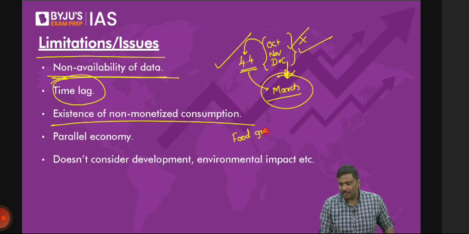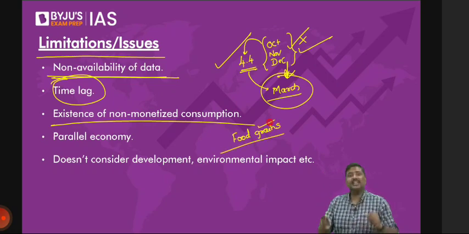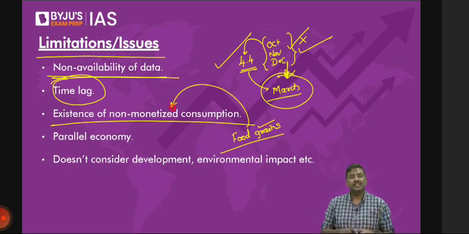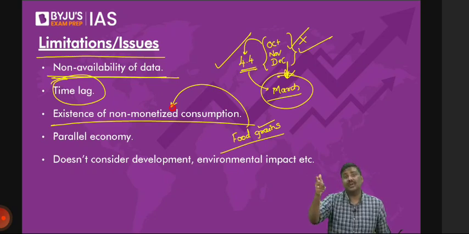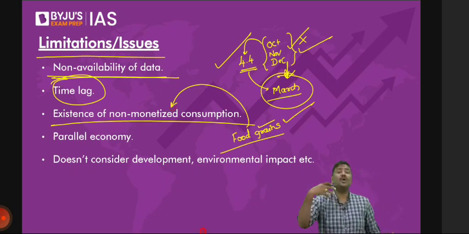Imagine I'm working in your field. You will not give me money. Rather, you'll give me, let's say, 10 kg of food grains at the end of the day. This is non-monetized. Non-monetized means what? Money value is not given. For whatever services you have provided, equivalent value of rupees is not given. Food grains are provided. This is non-monetized consumption. Even in case of services provided by the housewives, non-monetized. Value is not allocated.